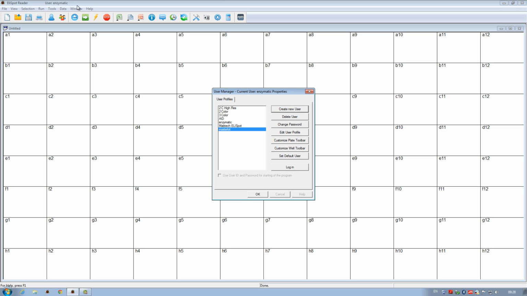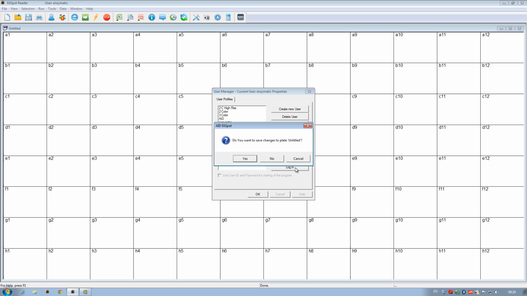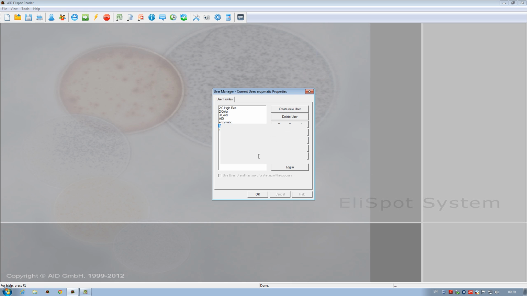Despite creating a new user, we are still not yet logged in. In order to achieve that, we have to access our user by first selecting it from the list and clicking on the login button. We are prompted to write in our password and then hit OK. There you go, we are now logged in correctly and can confirm this by making sure that the username of our new profile is found at the top of the screen, right above the drop-down menus. Right now, this new profile is identical in configuration and setup to that of the Symantec user profile. Any changes that we make from now on will stay unique to Mabtech ELISpot.